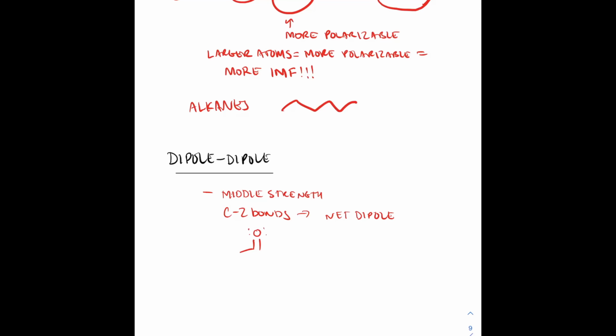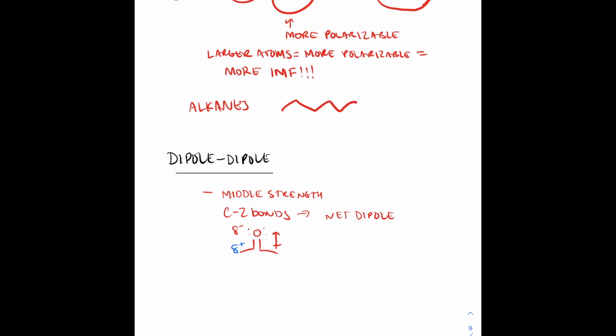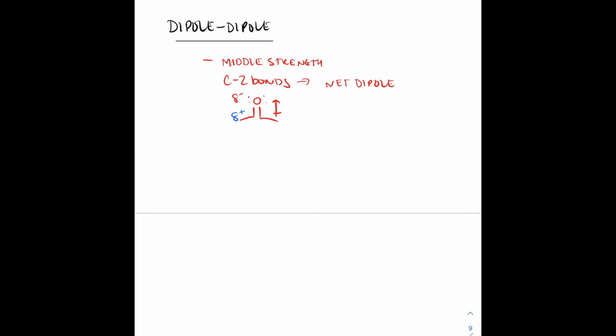So for example, this particular carbonyl group right here, we've got a net dipole, and that's going to create a delta negative here, and then a delta positive on that carbonyl carbon, right? And so that means that we have that net dipole, and so if we've got a combination of positive and negative charges, then the other molecules can interact with those, creating a stronger intermolecular force. Okay? And that's pretty much all we're going to add to dipoles. And then we're just going to move on to the last one, which is,